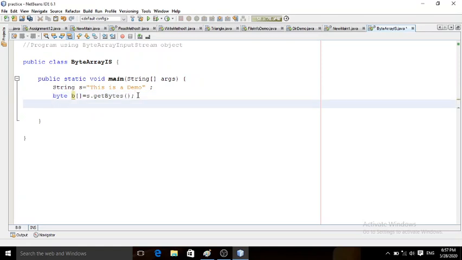Here I am going to declare a ByteArrayInputStream object. We can use either constructor. I am using the first one because I want to read the entire string, all bytes from this array.